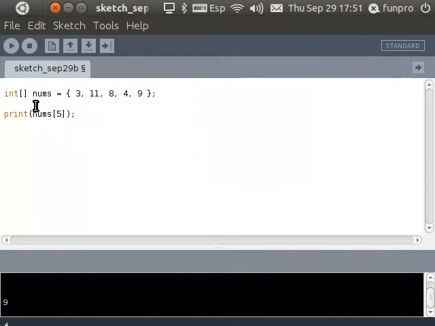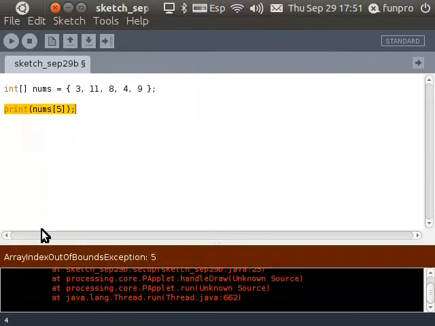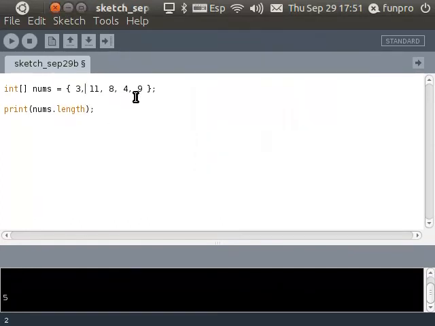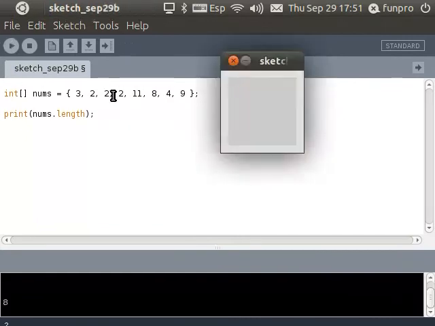What happens if I ask for element 5? Then I get an error, array index out of bounds exception. So I don't want to do that. And how can I get then the length of the list? I type here nums.length, and I print this, and it's telling me there's 5 elements. If I now add some elements here, 2, 2, 2, which is repeated 3 times, now the list has 8